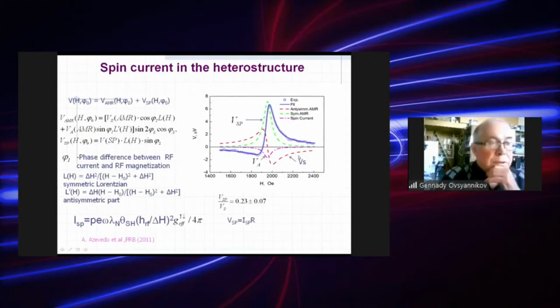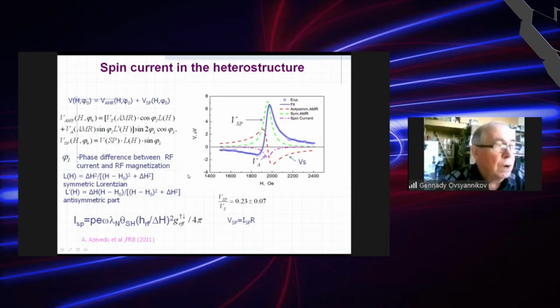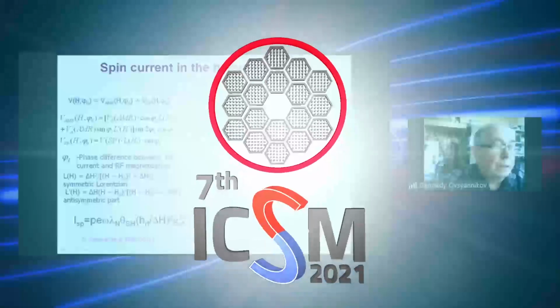This is a picture showing the response that we obtain in our system. It shows the voltage dependence on the magnetic field, and in the area of ferromagnetic resonance, we observe an increase of voltage across our sample. But what is interesting